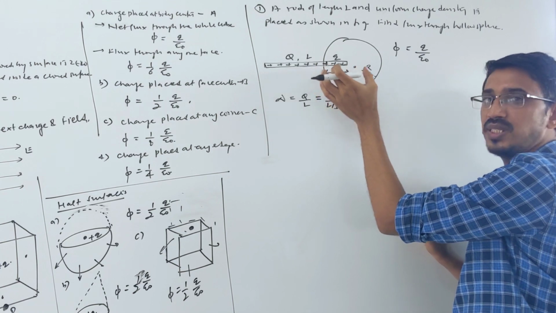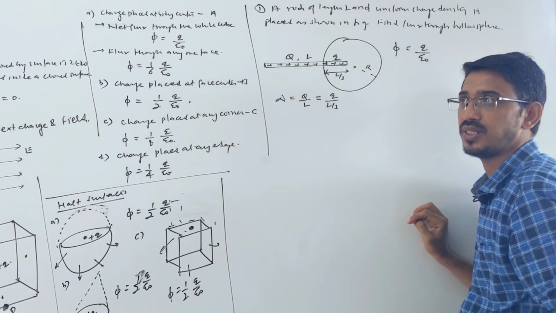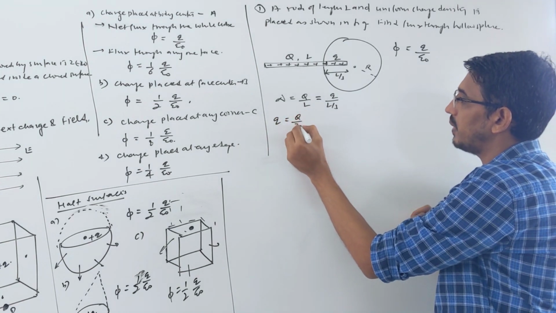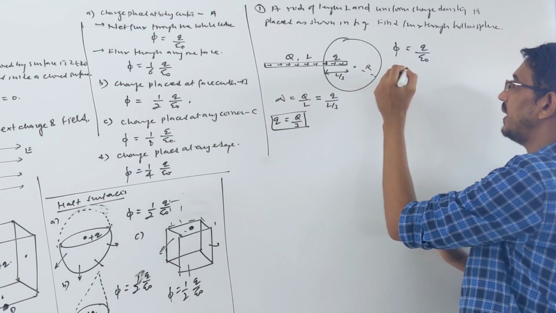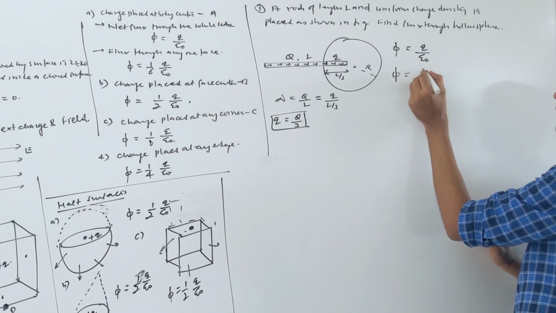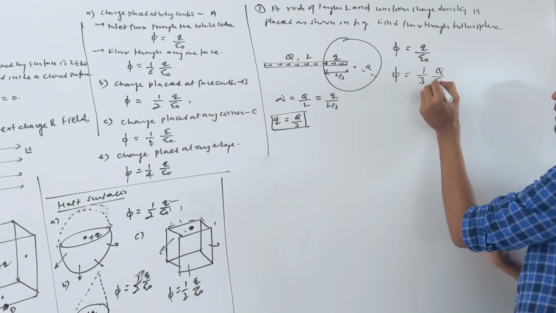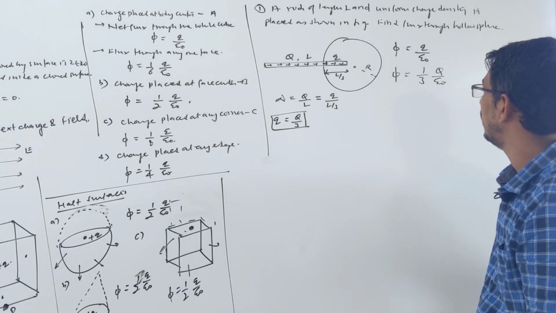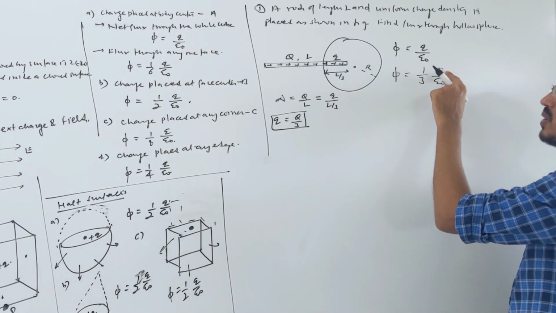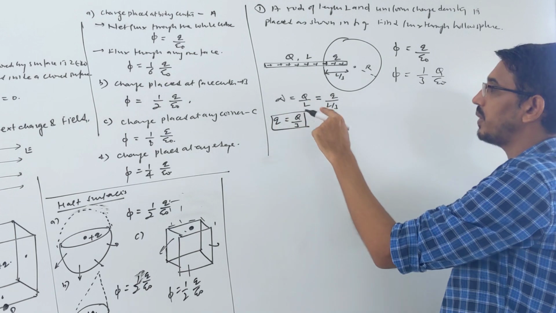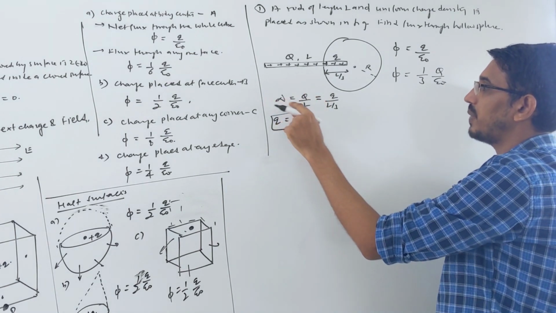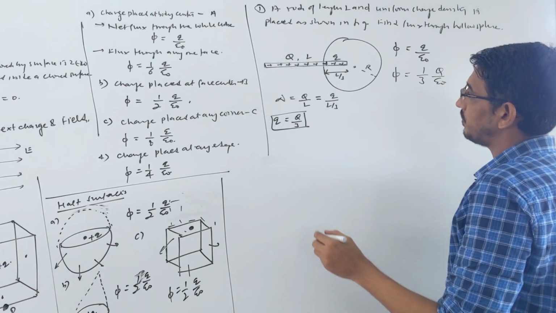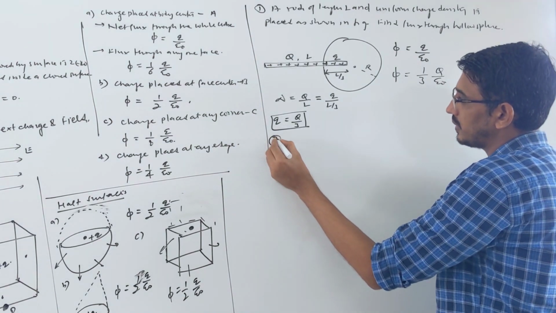So we are calculating how much charge the rod has on the inside part. This much part of the rod is inside the hollow sphere. It's coming simply Q by 3. This much charge we have inside. So what is the flux answer? Flux will be 1 by 3 of Q upon epsilon naught. That's your answer. This answer they can write in terms of lambda also. Lambda may be given, length may be given. Then Q you can write as lambda into L, so you can write lambda into L in the answer also. Okay. Another question was like this.